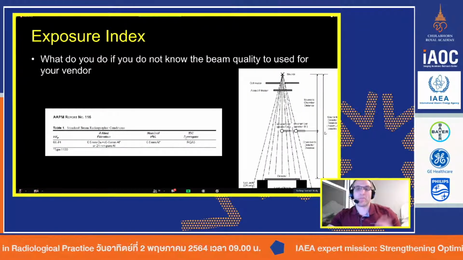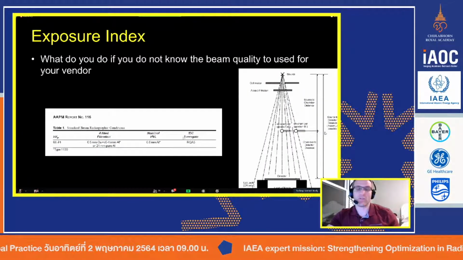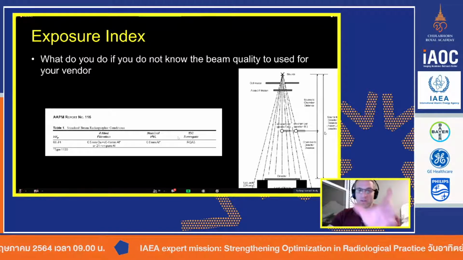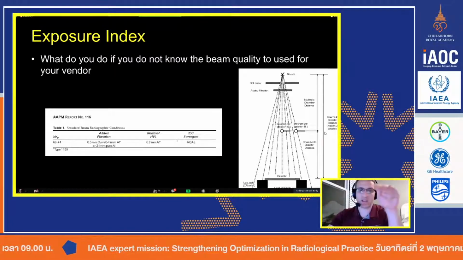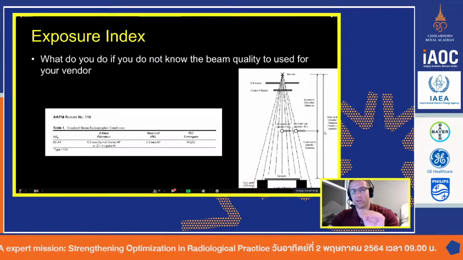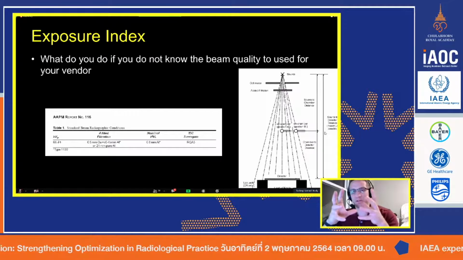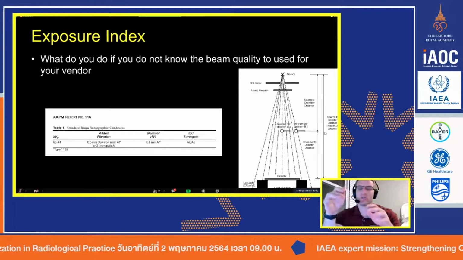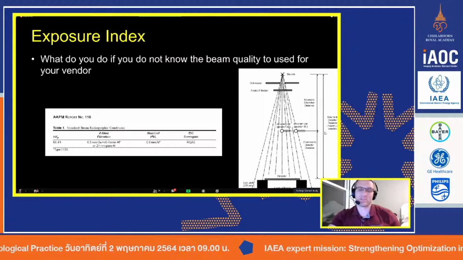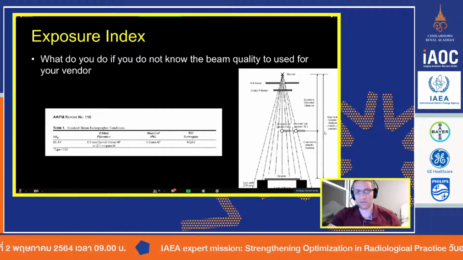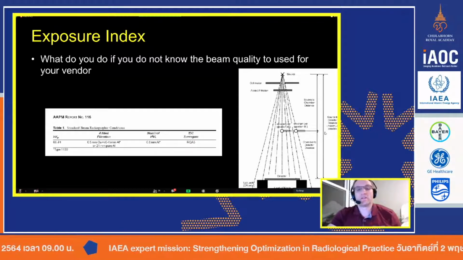All right, so I mentioned to you about this RQA5. So at the very beginning, I gave you that little green table, and it had a bunch of vendors, and it told you how they want you to set up your ion chamber, what kV to use, what filter to use, so that you can calculate the dose at the detector. Now, what if your vendor doesn't tell you? Or what if you just,